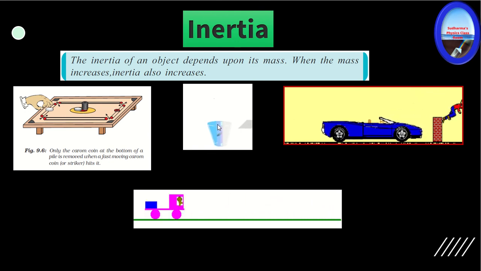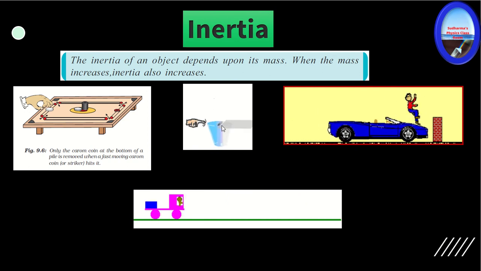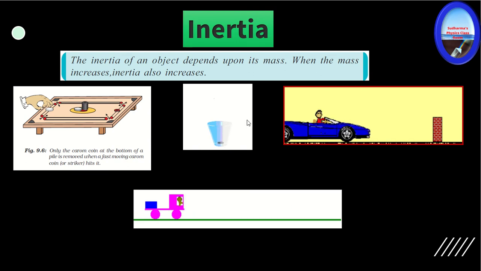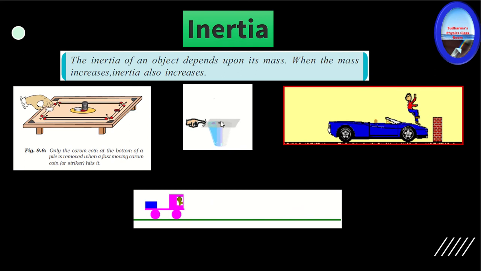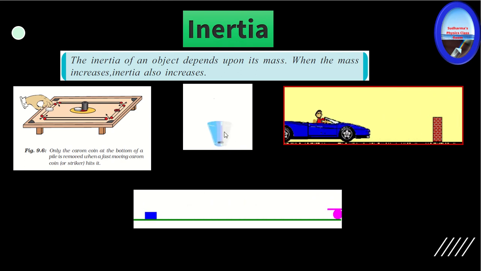The same case for the coin. The coin and the cardboard sheet are all in the same state of rest initially, but once we apply a force, only the cardboard sheet moves, while the coin wants to be in the state of rest. Again, in this case also there is nothing to support it, so it falls down.